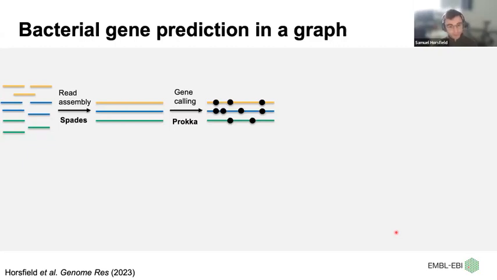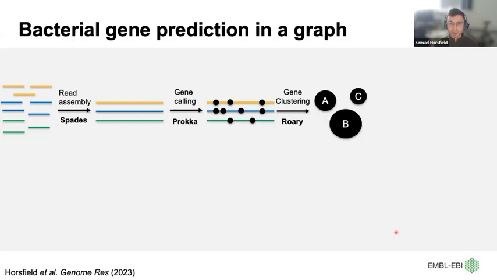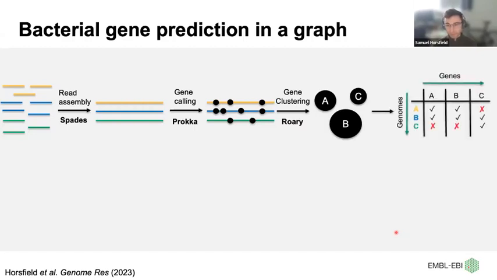So you call genes individually in each genome using tools such as Prokka or Bakta, and then you conduct gene clustering, which would have been mentioned by Neil in the previous webinar, using tools such as Roary or Panaroo, as I mentioned before. And from this, you can then generate a gene presence absence matrix,